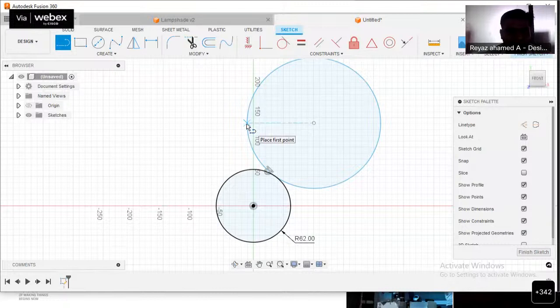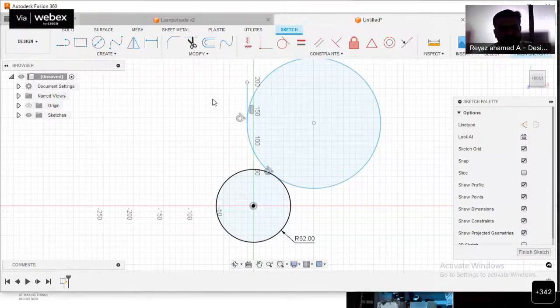Okay, so I'm going to start from here. I didn't pick a point over here. I just move my cursor over here and move leftwards. Automatically the center point gets highlighted and its extension point will also get highlighted. Let me click on here and then move my cursor upwards, just to pick somewhere else. But that line should be vertical. It should not be a slanting one. Okay, let me click on here.